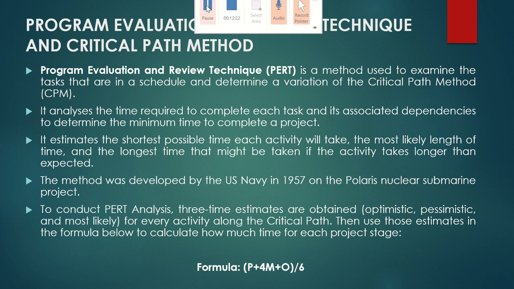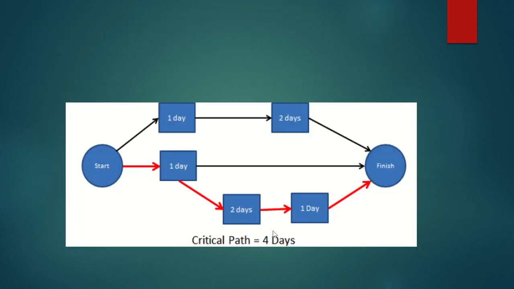So moving forward, this is a usual network which we prepare to do networking. We start an activity, then start an activity. From this activity we go to this activity. I have allotted times to each and every activity. From this point to this point, we need 1 day to complete this activity. This arrow is basically an activity, this is the process, and to reach from here to here, we need 1 day, right?